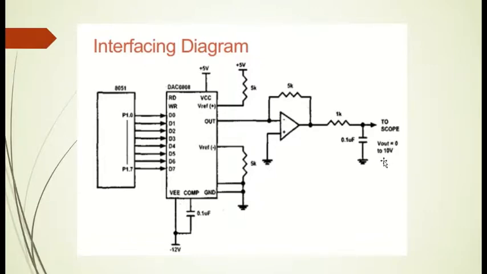So I have explained in a very simple way how the conversion is done, and how the controller is connected with your DAC and ADC. I want you to refer to the book once, and see if you can understand how the connections are made. Don't complicate it too much.